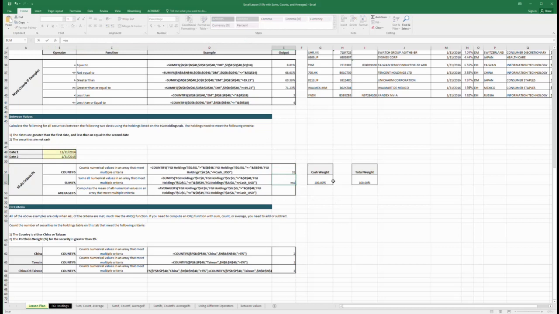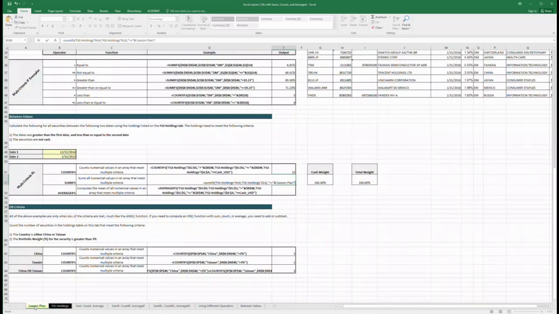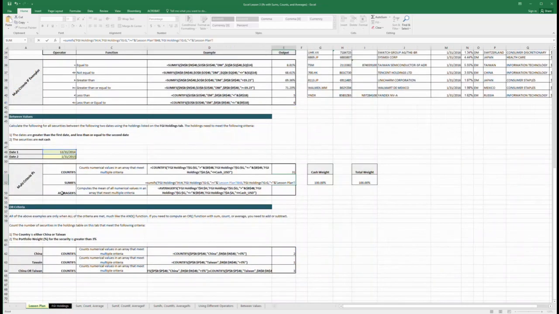So now I want to do the weights. So SumIfs. And so the weight column is what I do first because I have to do my sum range first. Now the criteria range, the first range is the date, and I want that to be greater than or equal to this date, comma, the same date column, comma, is less than this,